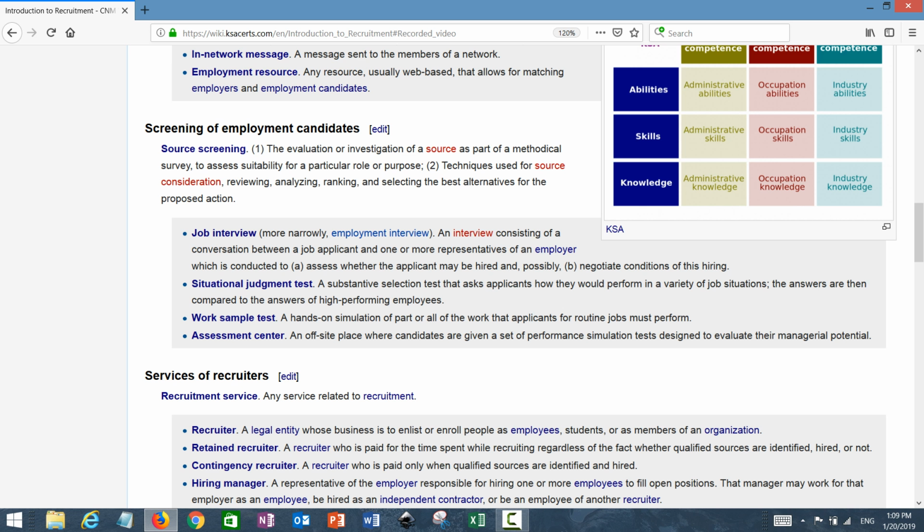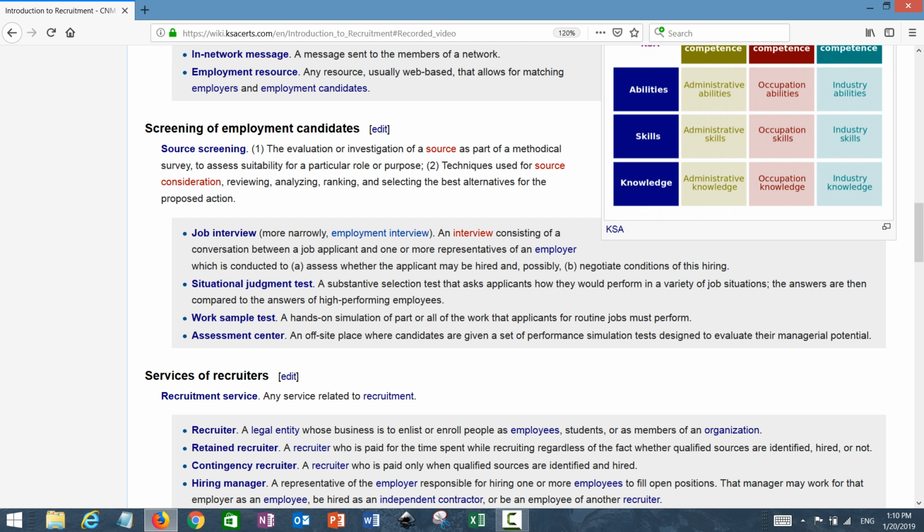Here I need to say that many job interviews consist of just general questions like, tell me about yourself. Some job interviews are more technical. So for instance, how do you know, let's say, HTML5? Are you familiar with Canvas tech? What do you know about this, or what do you like about this, or when do you prefer to use that? So some job interviews can be more of a technical interview. But a job interview is not the only way to assess the person.